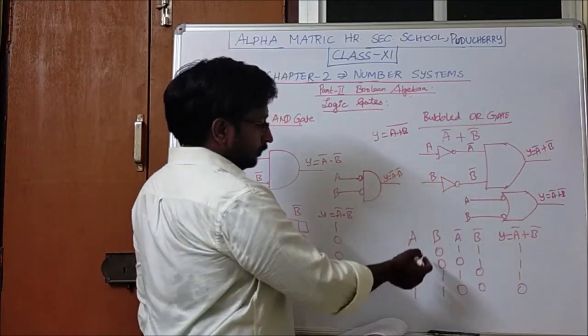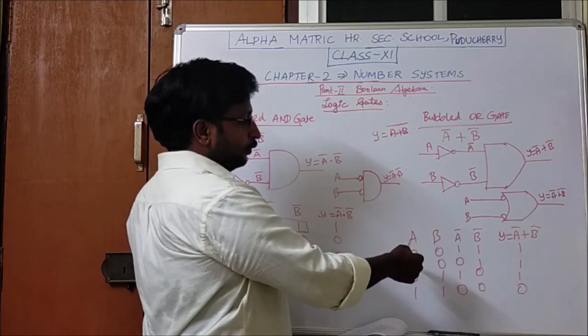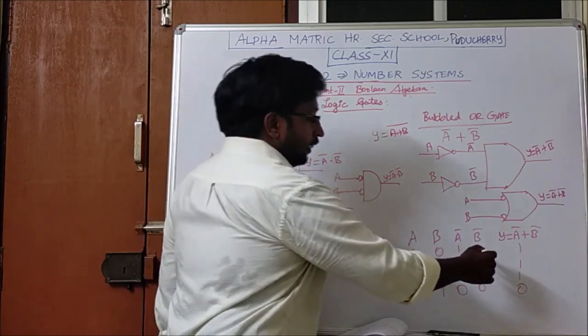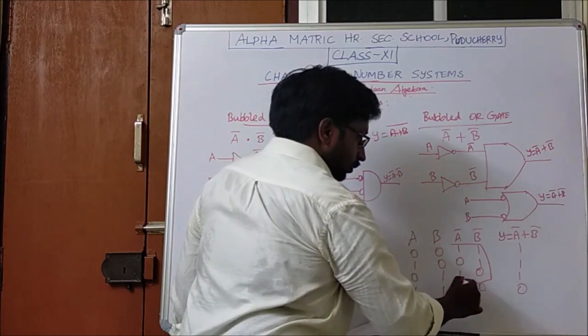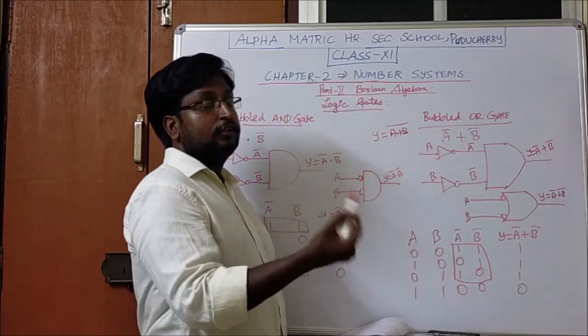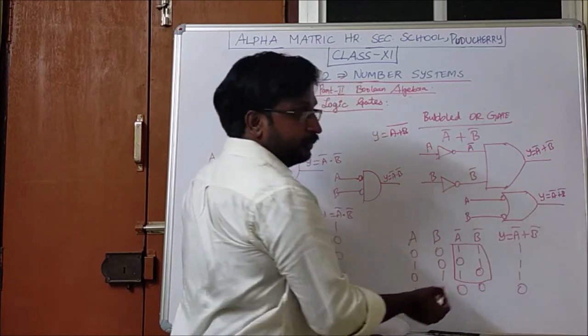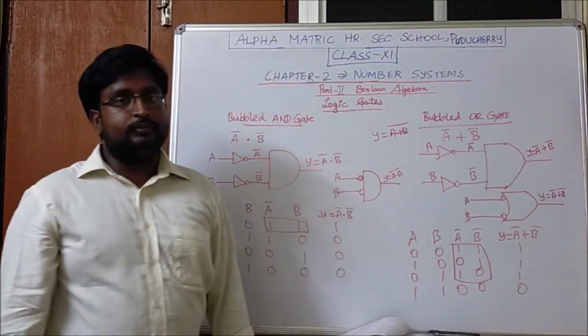So this is the truth table. The same we have found. We have written the possible input values and found the inverse for each and every input. And here also the same rule applies: at least one input is true means the result will be true. So here you see these are the three scenarios where the output will be true, whereas in the last, both are false, so the result is false.